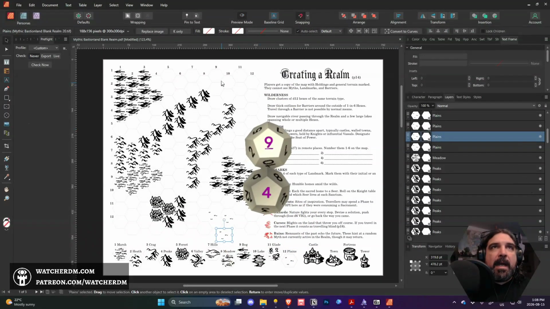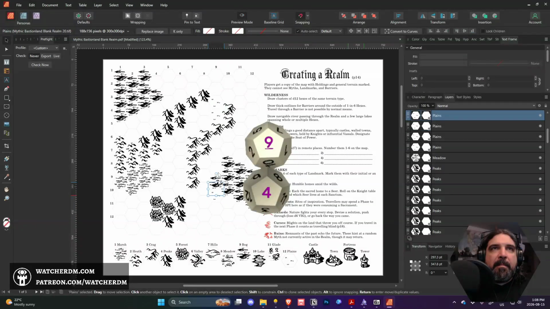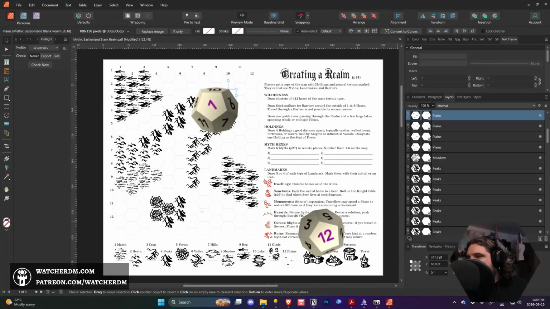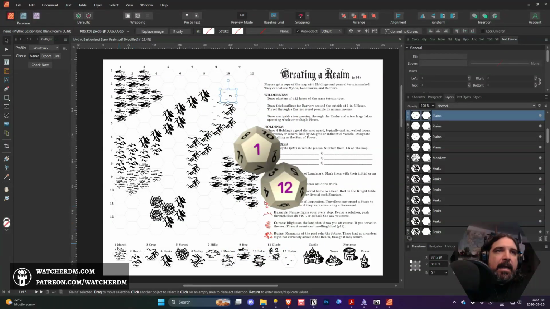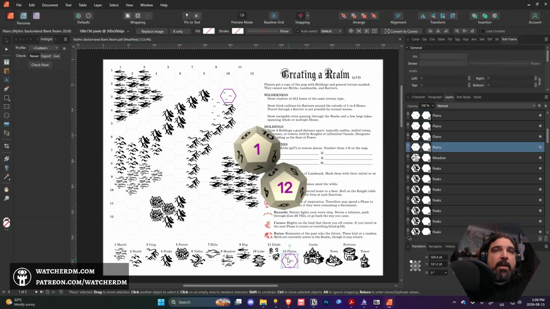And it starts at 9 and 4, which is, I think, right here. So we can just place this here. And we'll have this be kind of the mouth of what I'm imagining is a valley. If we roll some valley, we're going to get some good valleys in here. And yeah, so it's another 12 marshes, or it's another 1 plains. I think we're going to go with another 1